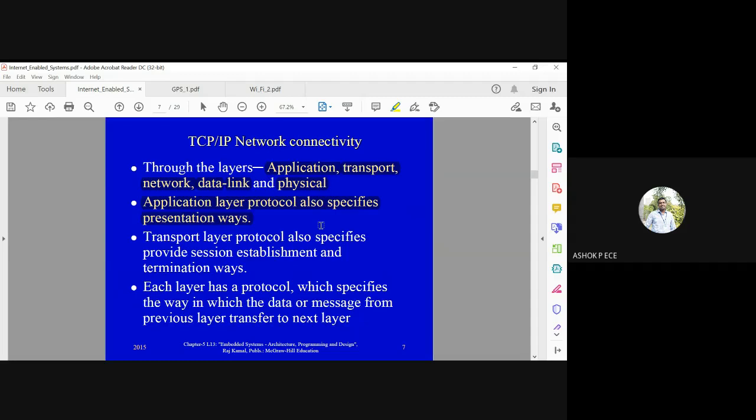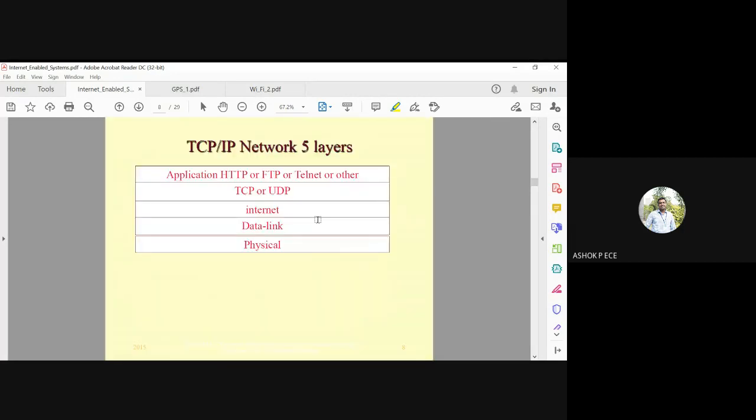Transport layer will establish the connection for communication. Each layer, as listed here, physical, data link, network, transport, and application, is going to have its own work to do, and they will do it effectively. So these are the five layers of the TCP IP network: physical, data link, internet, UDP or TCP, and application layer.